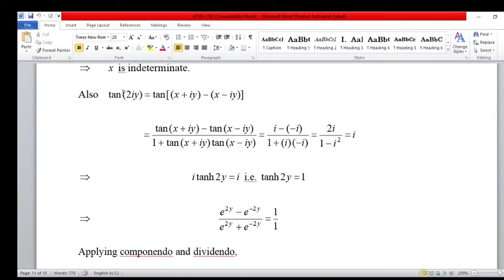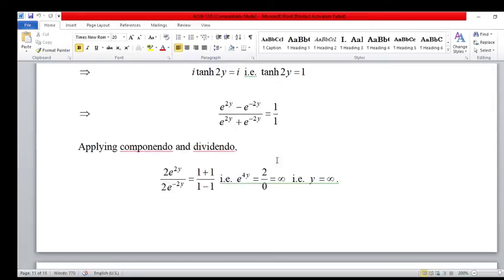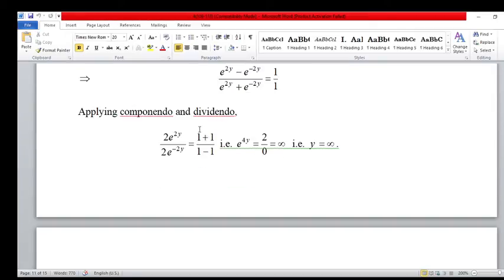This is converted into hyperbolic. So after hyperbolic conversion, I tan hyperbolic twice y is equal to I cancel. So tan hyperbolic twice y is equal to 1, and substitute the value of tan hyperbolic twice y. This is in e form. So this is the e raised to the power twice y minus e raised to the power minus twice y upon e raised to the power twice y plus e raised to the power minus twice y is equal to 1 upon 1. After componendo and dividendo rule, so this is the 2 e raised to the power twice y